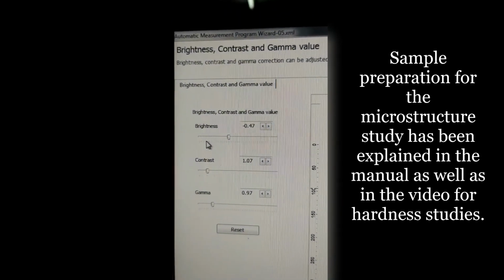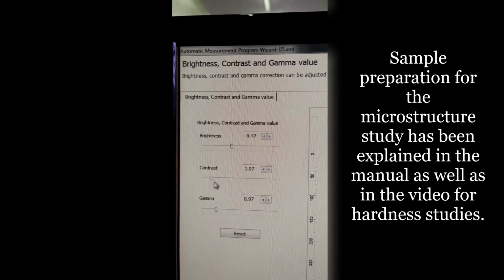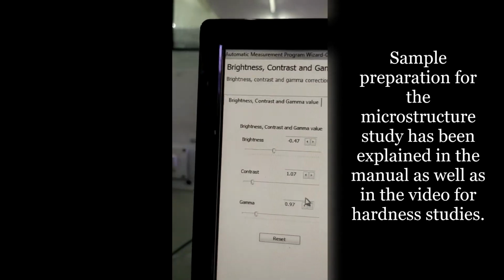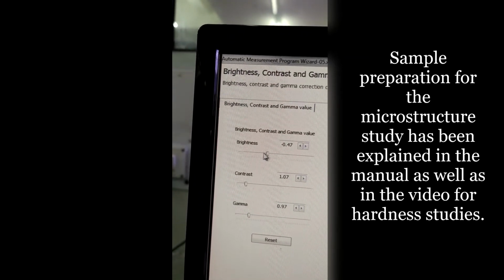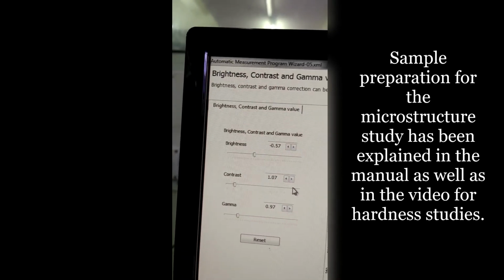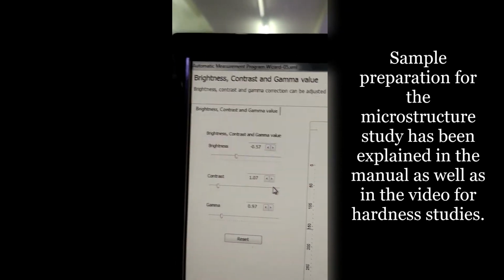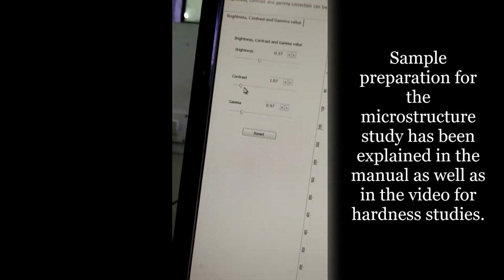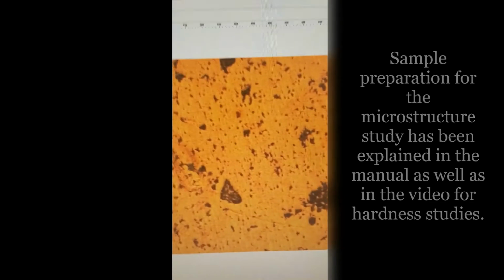the brightness, contrast, gamma. If in the picture the brightness is less or more, we can adjust it here. Now our picture has become a good image.